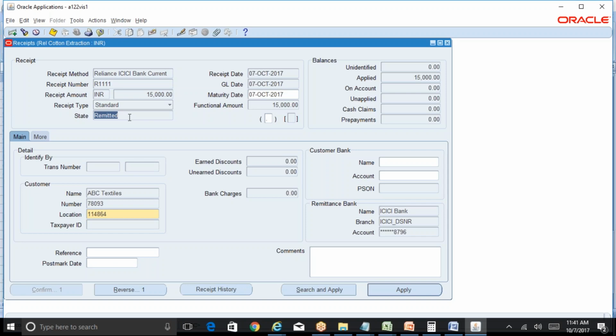So the first status was confirmed. Once we have remitted, the status is remitted. Once the reconciliation is done, we'll come here and we'll check the status. Okay,